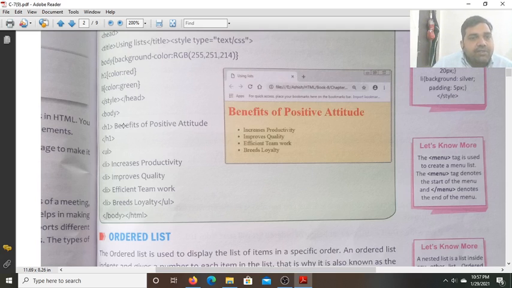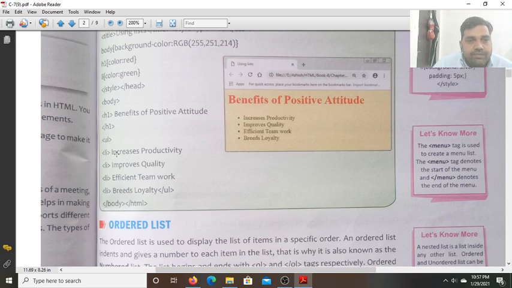And for the heading 1, the rule we have written is that the color of this text should be red. As you can see, this is the red color text heading 1 you are seeing. Now heading close. Now unordered list tag open. List item: increases productivity. See here written increases productivity. By default the unordered list takes the disk bullet. If you do not specify type equals to disk, so we use the type attribute in the unordered list to specify